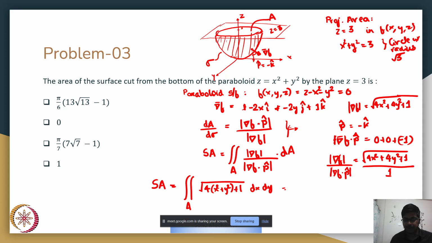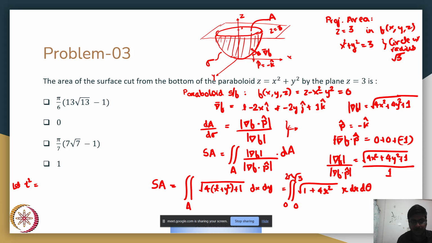So I can rewrite my surface area equation in polar coordinates as under root of 1 plus 4 r square, r dr d theta, where r is varying from 0 to root 3 and theta is varying from 0 to 2 pi. Let t square be equal to 1 plus 4 r square. If I differentiate on both sides, I'll get 2t dt equal to 8r dr. Therefore, my integral of t times r dr is nothing but t dt by 4